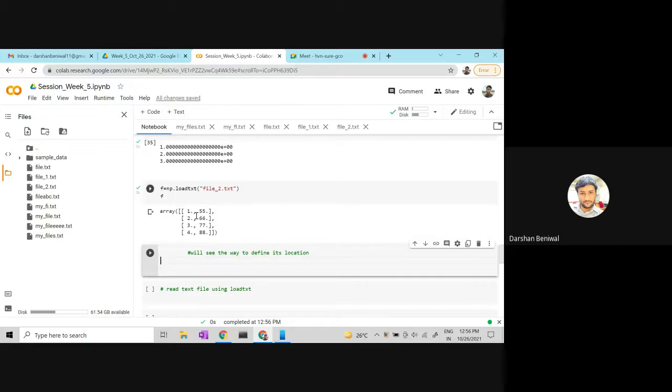Okay. So let's see, I just want to read the first column of a given text file. So for this one, we have to use it like this.